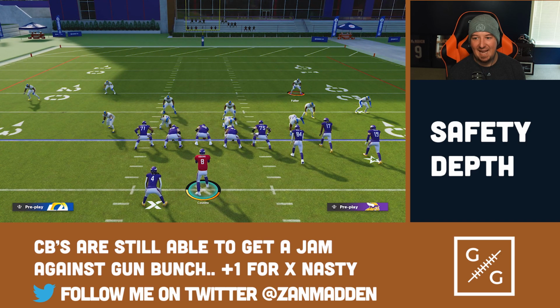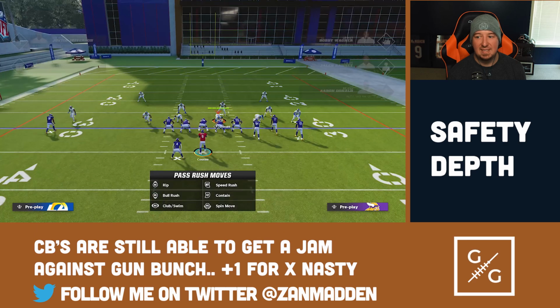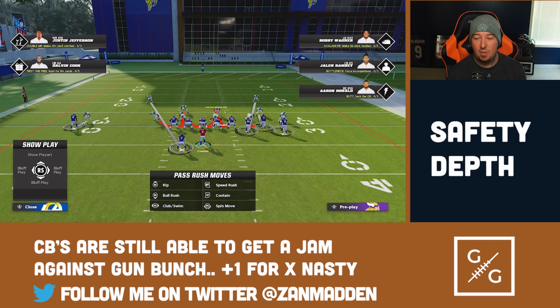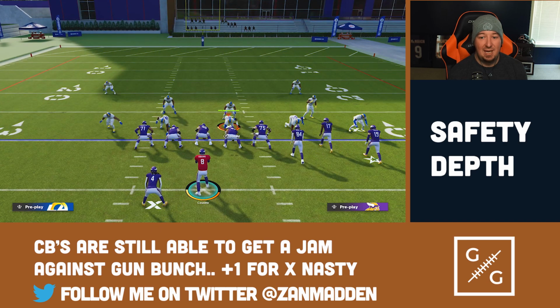You've got this guy kind of head up on the point as opposed to in the outside shade in the XNasty. Still outside leverage here on this. But if we roll up and press, you see that the corner actually does walk down head up on the wide receiver. So in theory, if your opponent is fairly decent at disguising, they might move their safeties back and